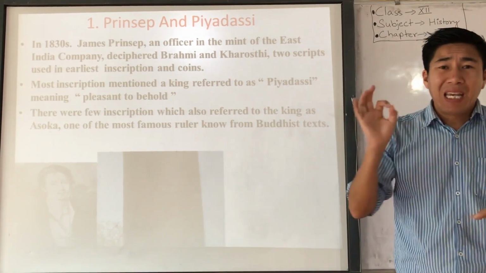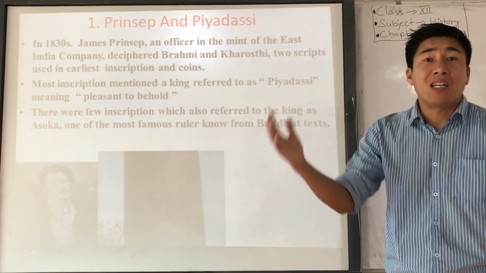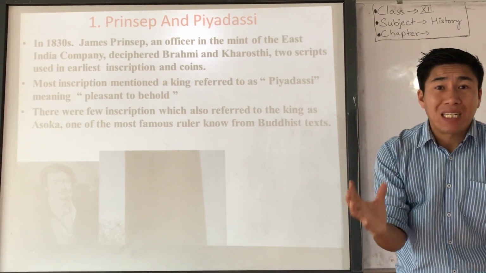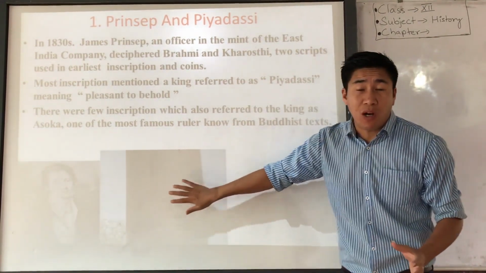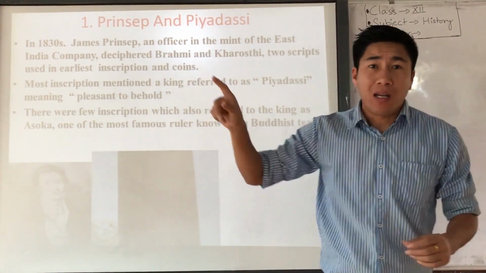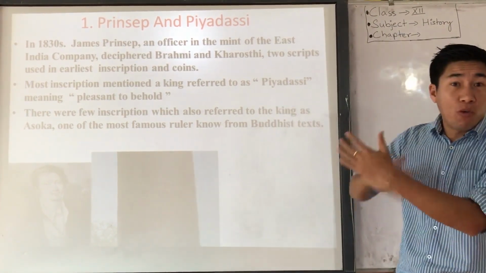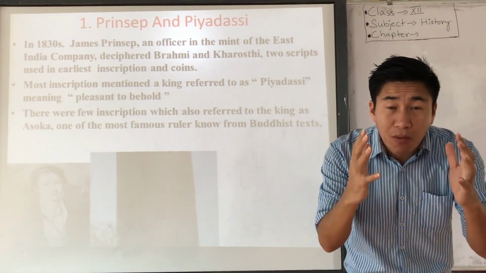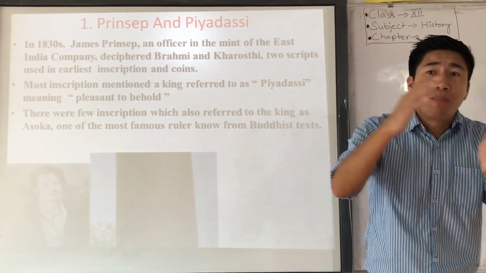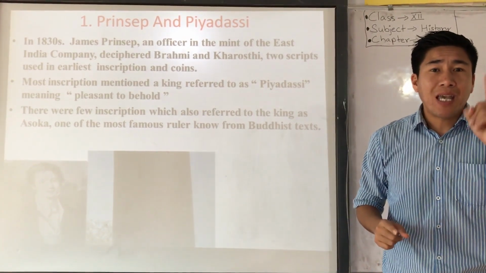Now the turning point came in 1915, at a place in Karnataka called Maski, where one minor rock edict was found, just like that, on which it is clearly written Devanampiya Ashoka. Now it solved all the confusion of archaeologists, who before believed in who Priya Dasi was. This inscription found in Maski, Karnataka, makes it very clear that Devanampiya, Priya Dasi and Ashoka belong to one person, that is King Ashoka.